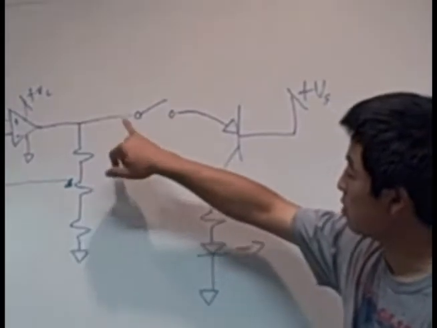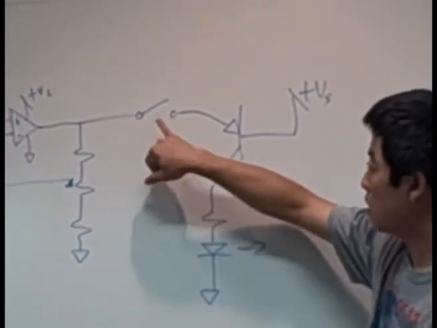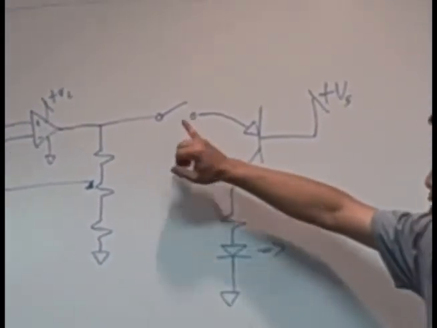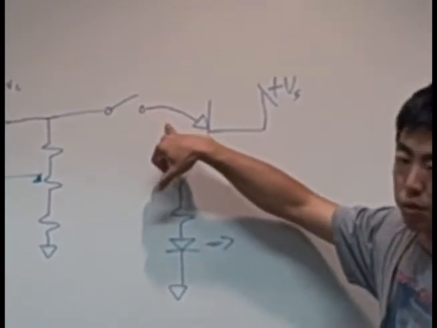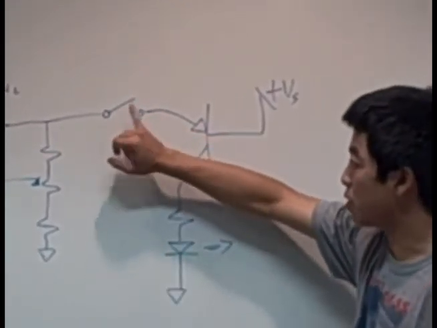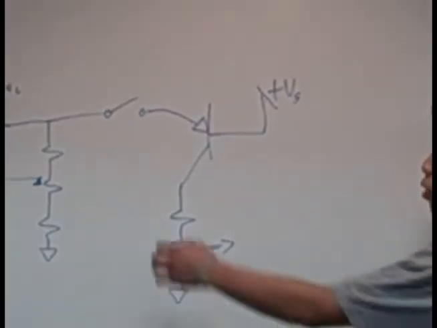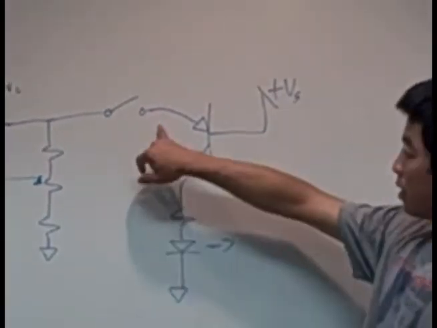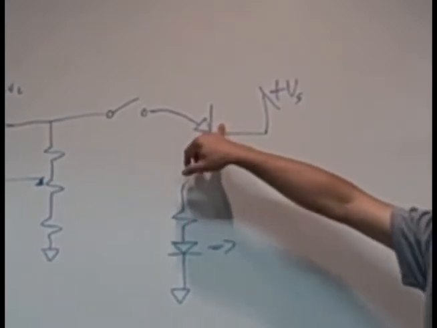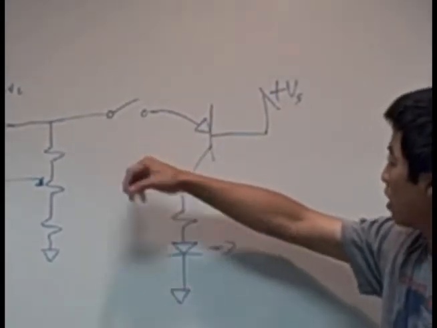So once this has a constant voltage and constant current, it will go to this switch, which when we turn it on will allow current and voltage to flow through, but when we turn it off, it will turn this circuit off and not output anything. And so when the switch is turned on, it will give this PNP transistor this constant voltage and constant current,